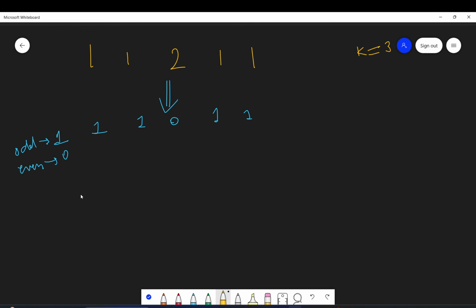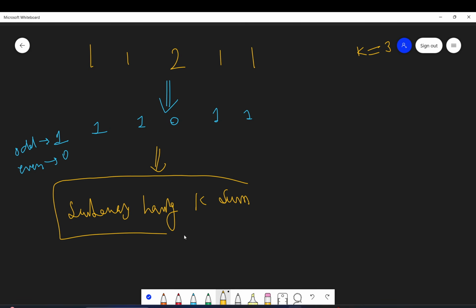Now this problem is reduced to subarray having k sum. I have already created a video on this problem, so I will give the link in the description.